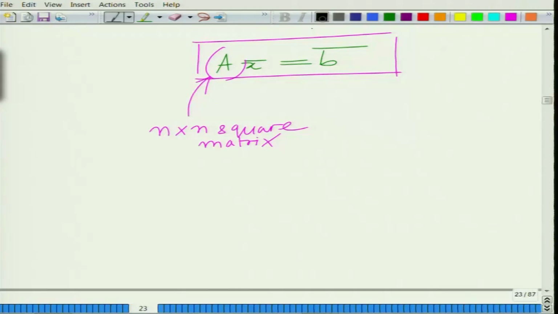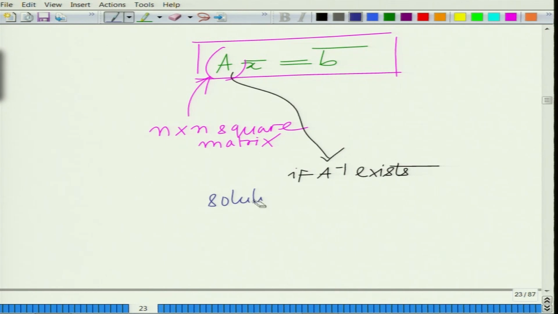So, in the simplest form, we consider n equations, n unknowns, and furthermore, if the matrix A is invertible, right, if A inverse exists, then the solution is simply given as